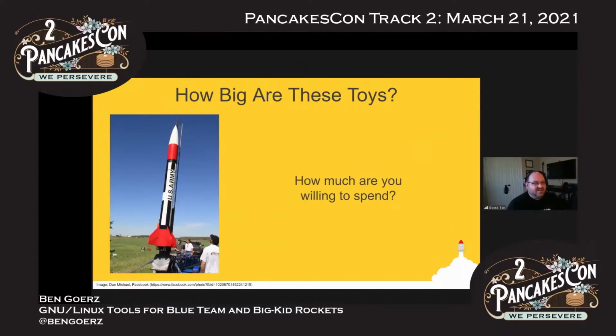One question I get a lot is, how big are they? This is not my rocket that you see on the screen. I personally have a bit of a budget limit that I hold myself to. Some of these rockets can get big. And so the real question is, how much do you want to spend? The rocket in this picture,